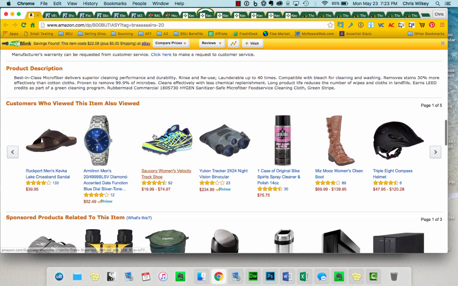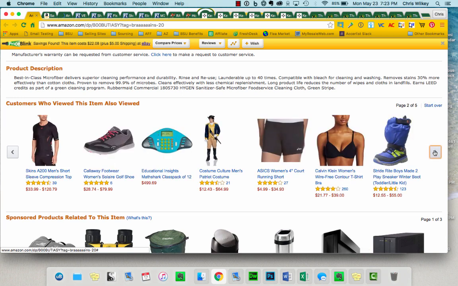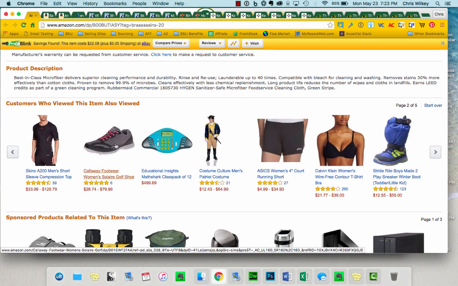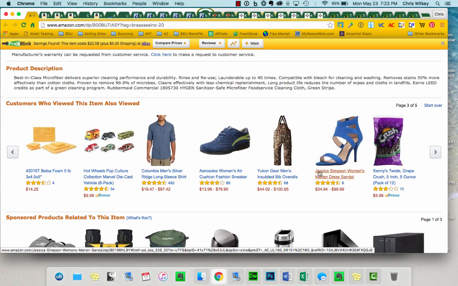I'm going to go to customers also viewed. This velocity track shoe, no one buys striped things in that, okay? Start thinking about this stuff. One of these things is not like the other. We're trying to figure out which ones those are, because those are pretty good items for us to start our rabbit hole searchings with. Okay, so I'm looking for items that have a big swing, don't match what we're looking at here,